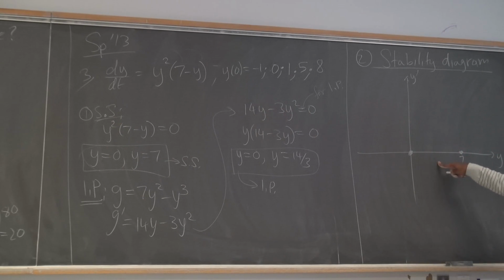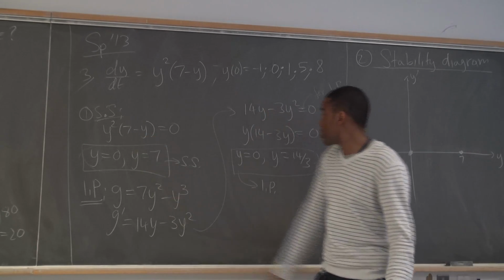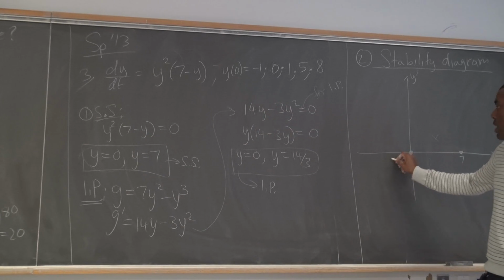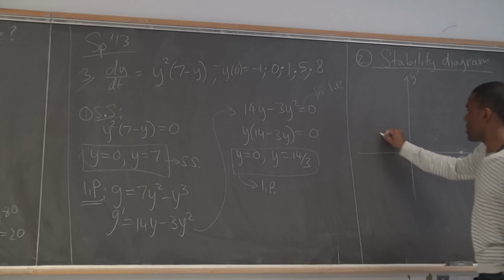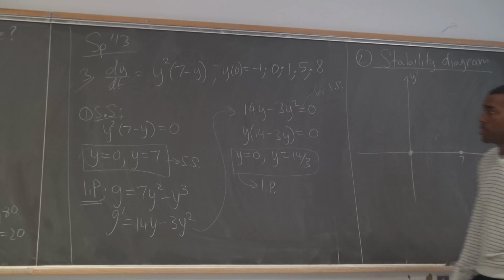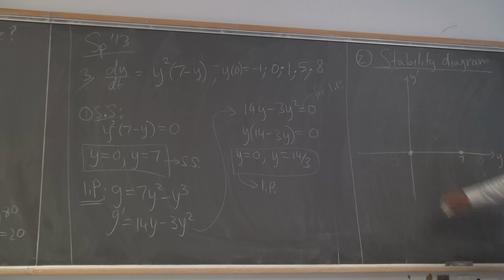If you plug in a number between 0 and 7, like 1, that's positive, so you know the graph is above. Plug in something over here like minus 1. That's positive, you know the graph is still above. Plug in something bigger than 7, like 8. This is positive, this is negative, so you know the graph is below. And so your graph should look like